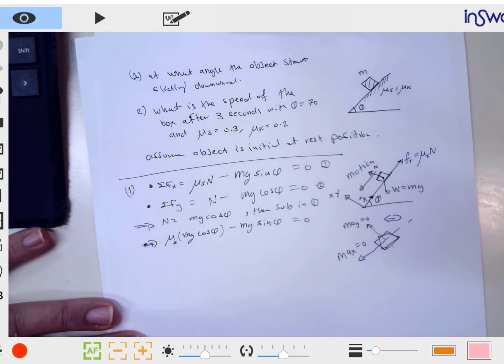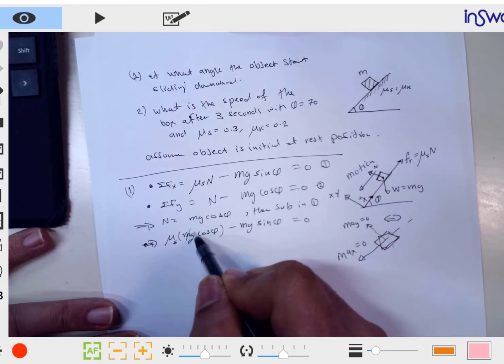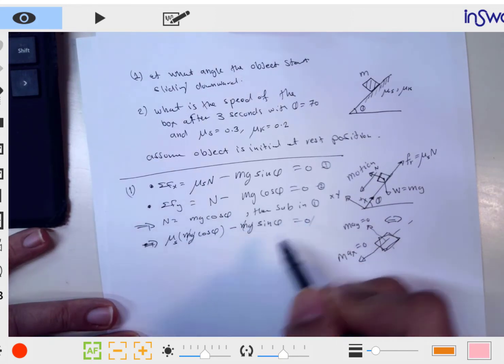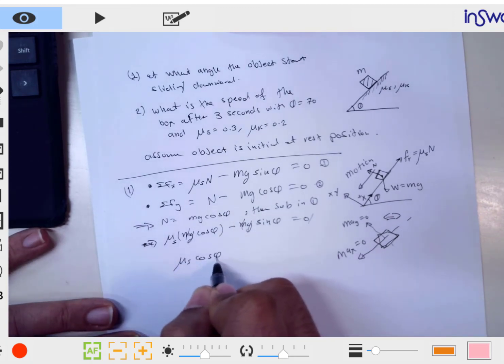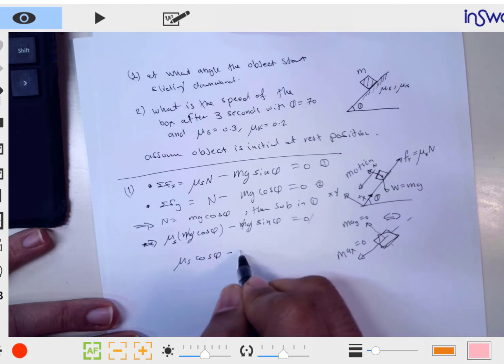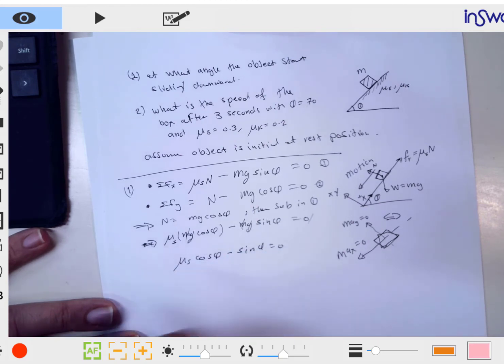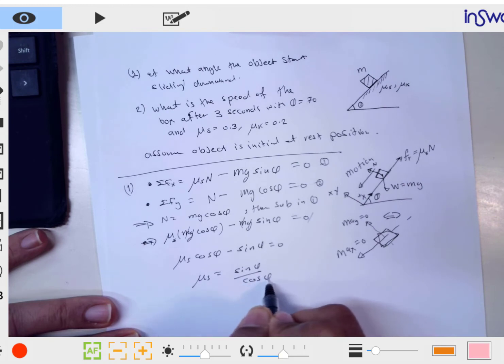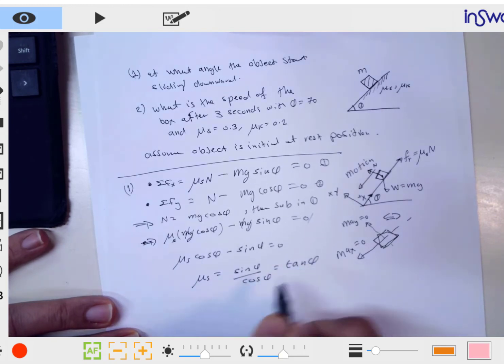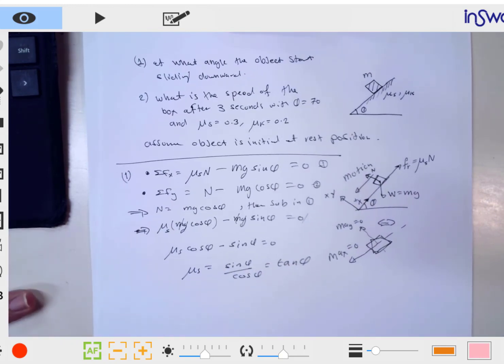Now looking at this problem, the mg will cancel, so I'm going to end up with mu s cosine theta minus sine theta equal to 0, or mu s equal to sine theta over cosine theta, equal to tan theta. So that's, if you remember that from static,